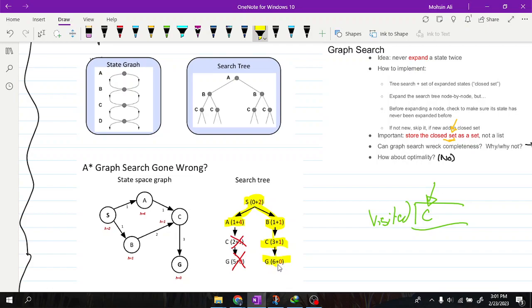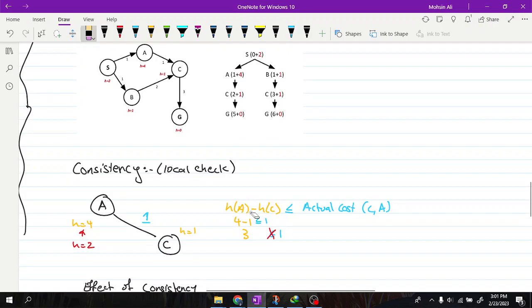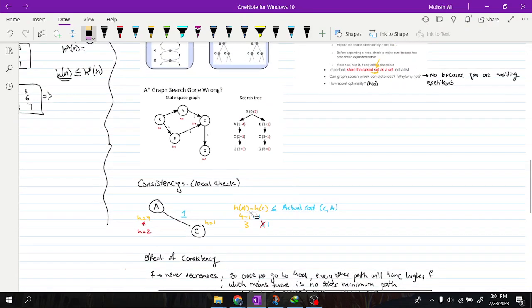You can see that this path was not optimal, because this one cost a value of 6, whereas this one cost a value of 5. It would have been much better if we had chosen this path instead of this path. So what this means is that we cannot use this approach in A star whenever we're traversing a graph. We cannot use this approach of using sets. So how do we cater to this problem? We cater to this problem by introducing a new concept called consistency. Consistency is a local check, and admissibility